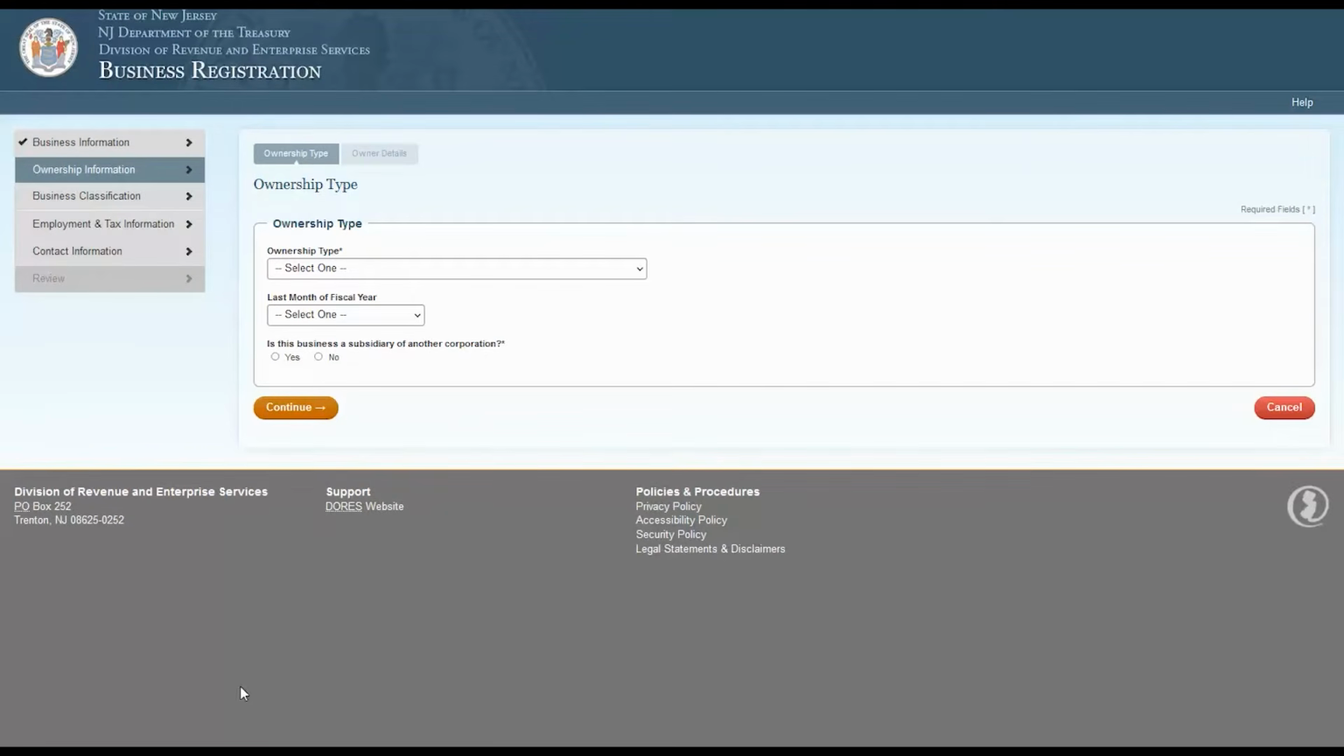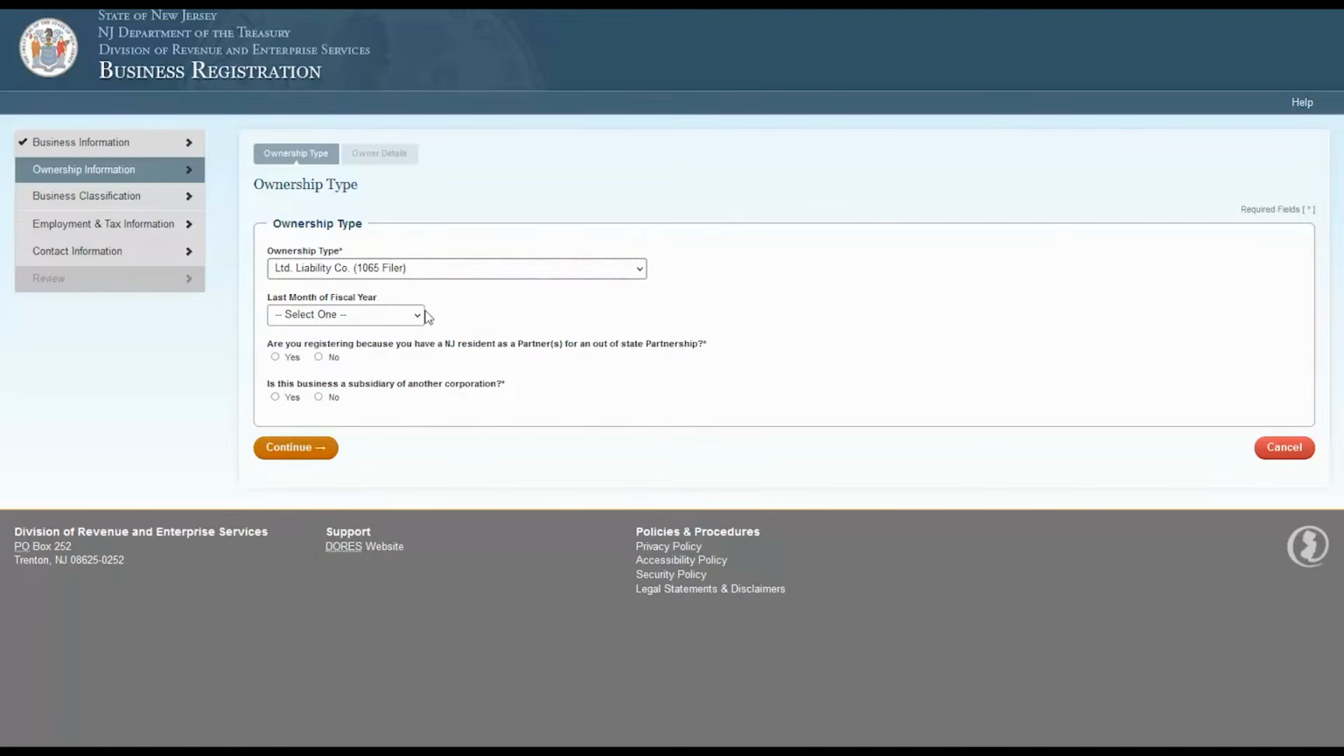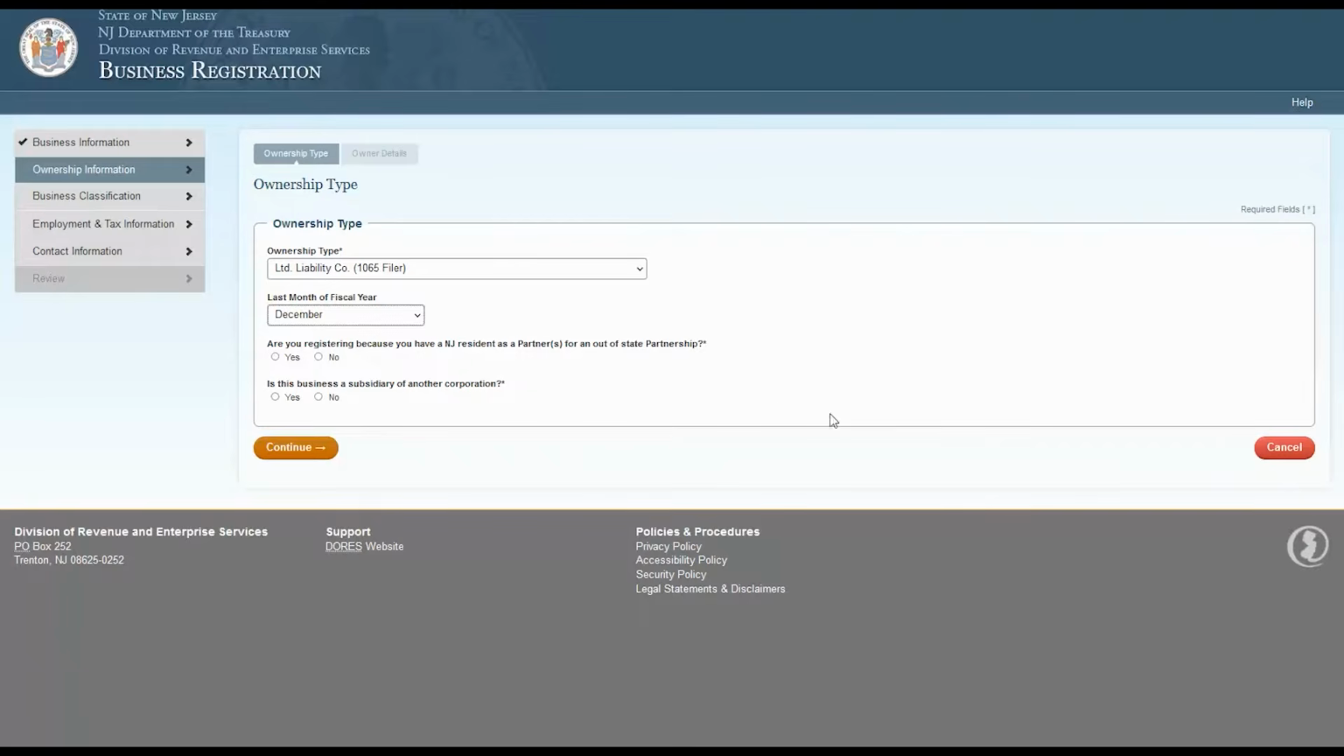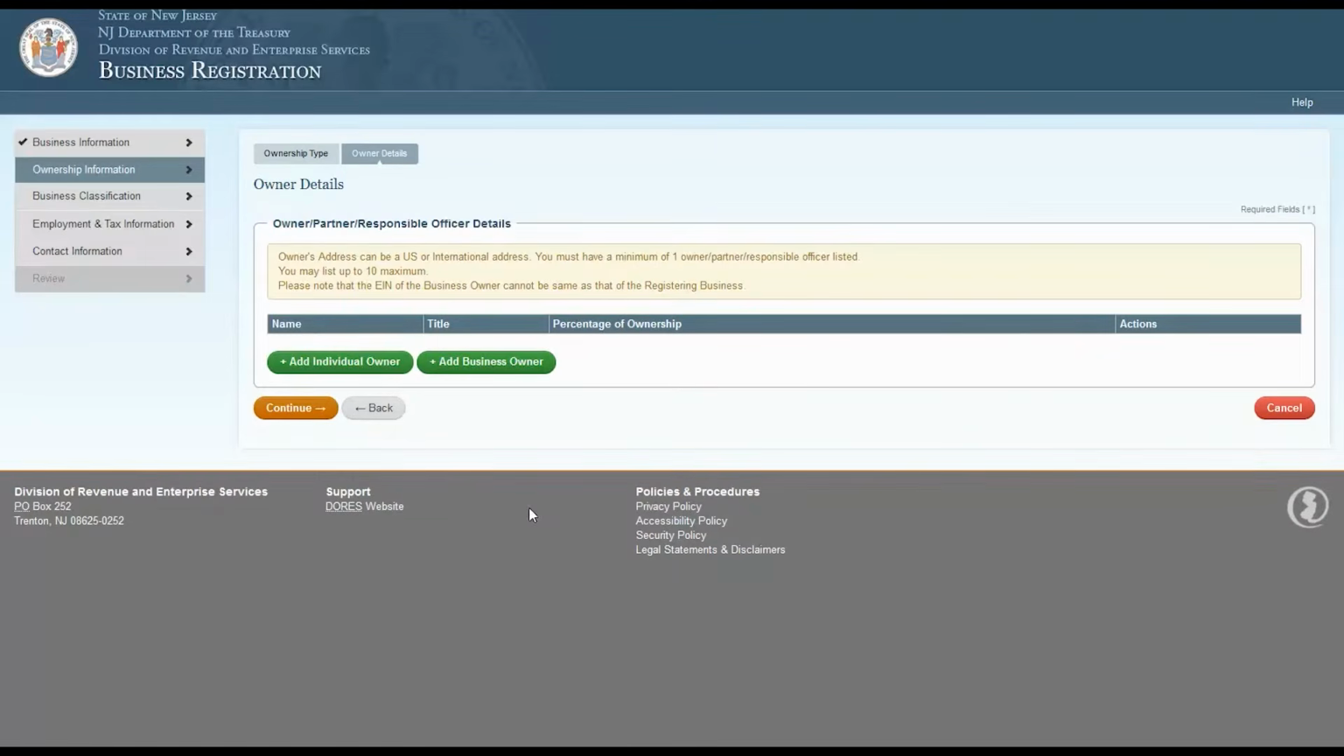Click Continue. On this page, select the ownership type from the drop-down menu. Then select the last month of the fiscal year for your business. Click the Yes or No button that answers the question, is this business a subsidiary of another corporation? Then click Continue. Next, you'll add